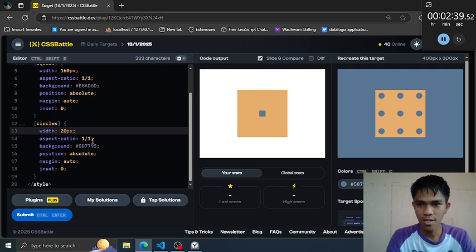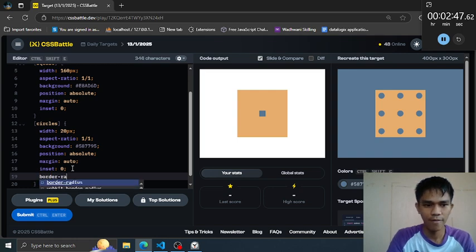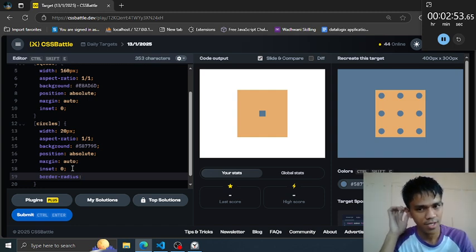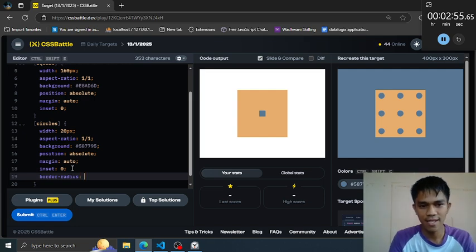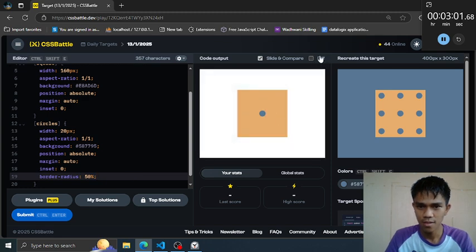Little 3D. Well, let's see about this. Then apply a border radius for a rounded corner on the sides, 50%. Okay, how about this? Is it fine?